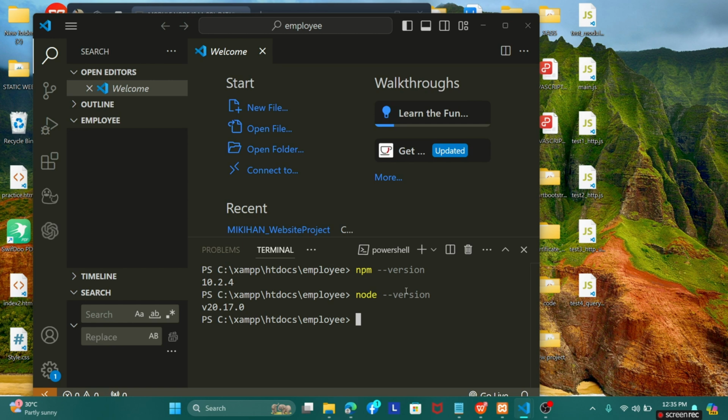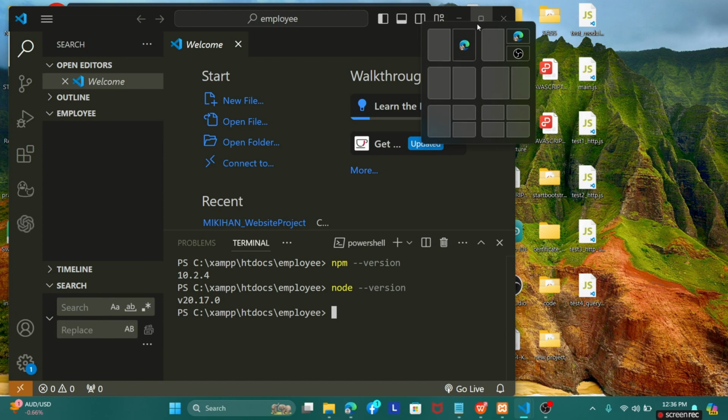And to check the version of npm, just type this command: npm space --version and enter. You can see the 10.2.4 version. And for the node version, you can just type node --version, and the version is 20.17.0, which is, I think, the latest one. So just start. We're going to minimize this one